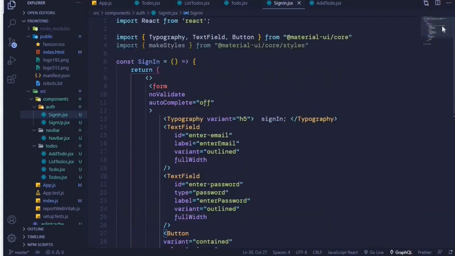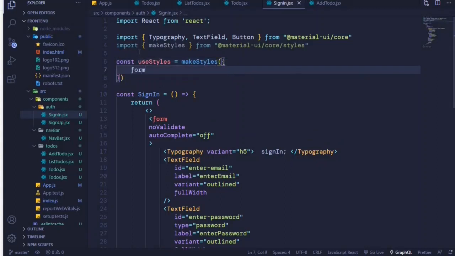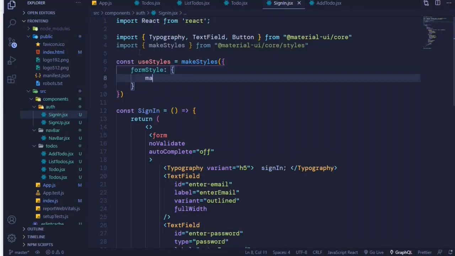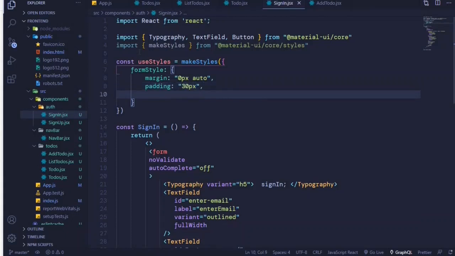Now let's proceed to some custom styling. At the top here, we'll create a constant, use styles, and this will be equal to make styles. We invoke this hook and pass an object in here. The first key will be form style, and then we can pass several properties here. The margin, I want it to have 0px of margin top and bottom. Left and right will be auto. Padding to be 30px. I'll also set a border radius of 9px,